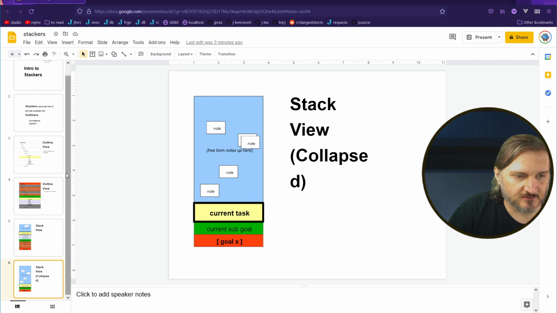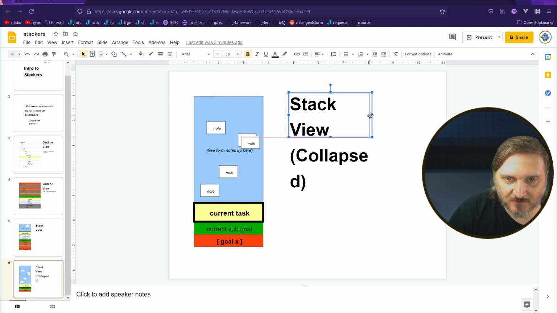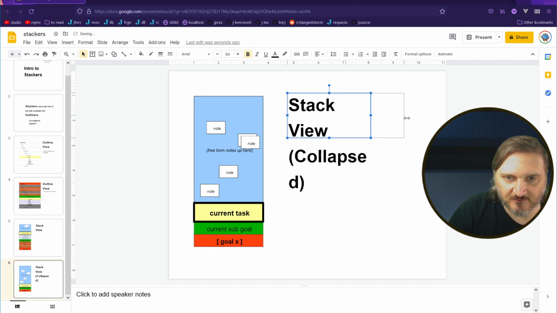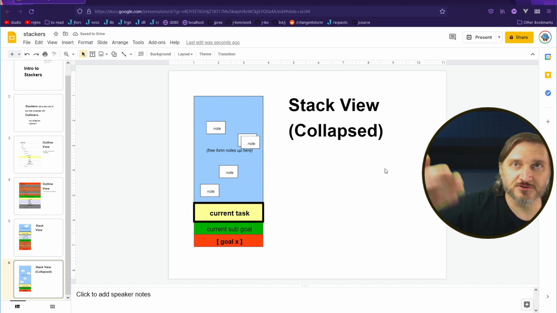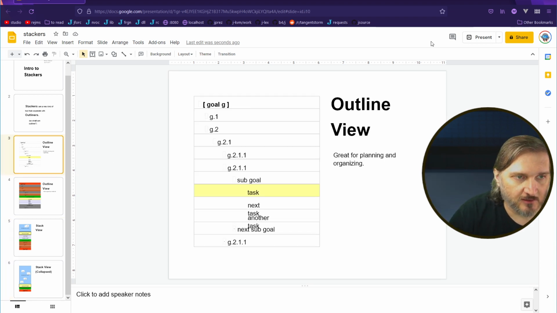So I think that's it. That's the whole presentation. That's the user interface that I want for visualizing a stack. Basically, it's a visual debugger, like a stack trace for your conversation, for your presentation, your narrative. So, popping that off the stack,